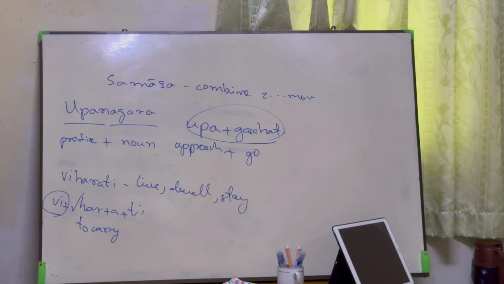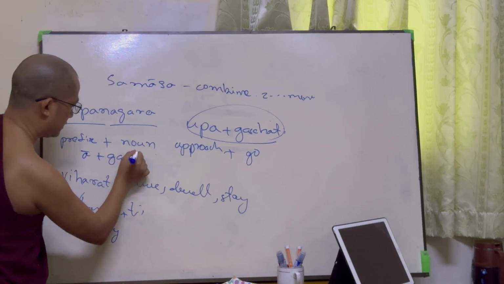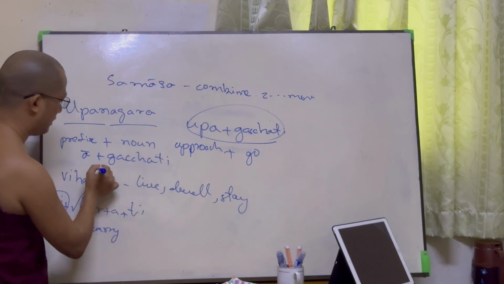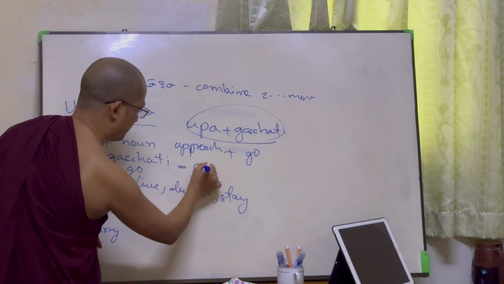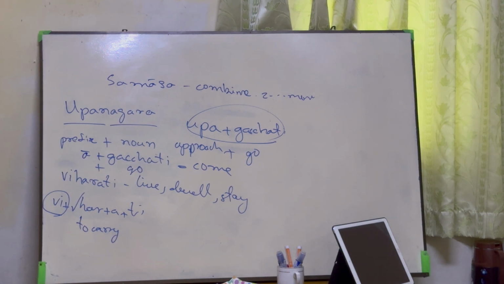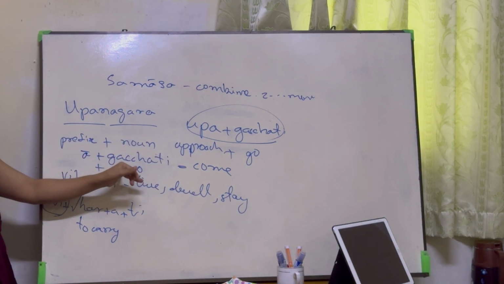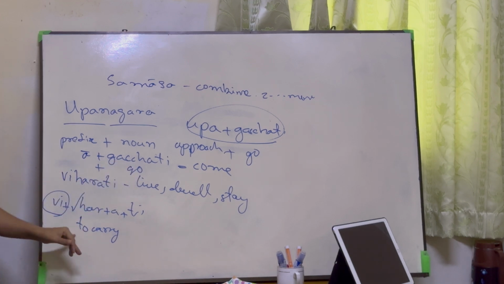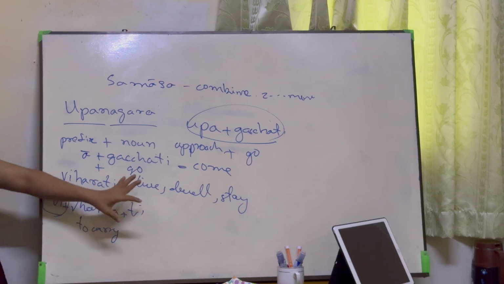The prefix has the power, sometimes to change to the opposite meaning of the root. Yeah, plus Gichiti. Gichiti means the go. Because of the change, it can have the opposite meaning. The prefix can have the opposite meaning, changing the root meaning oppositely. Here the carry changes to another meaning. We change it to another meaning.